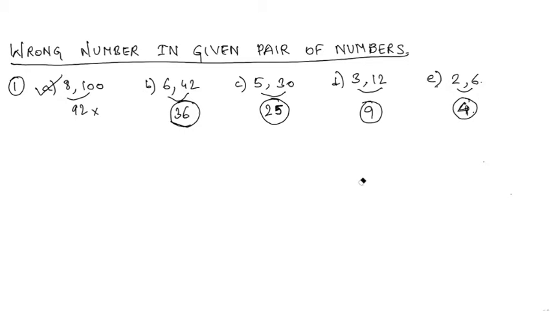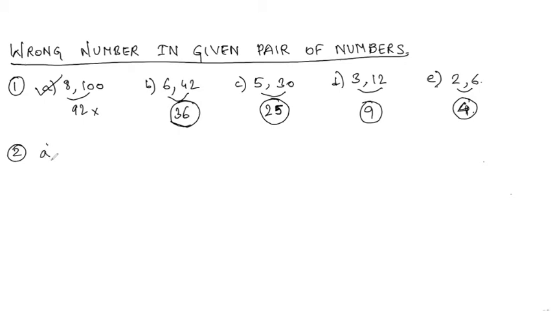I'll explain one more question. For this type of question, see, this question was easy and straightforward. You do simple subtraction and you get a pattern straight away. But for most of these questions, it is a combination, like square of a number plus 1, square of a number minus 1. So you should try many possibilities. If you want to be good at this, you should practice more questions. Okay, we'll try the next one.